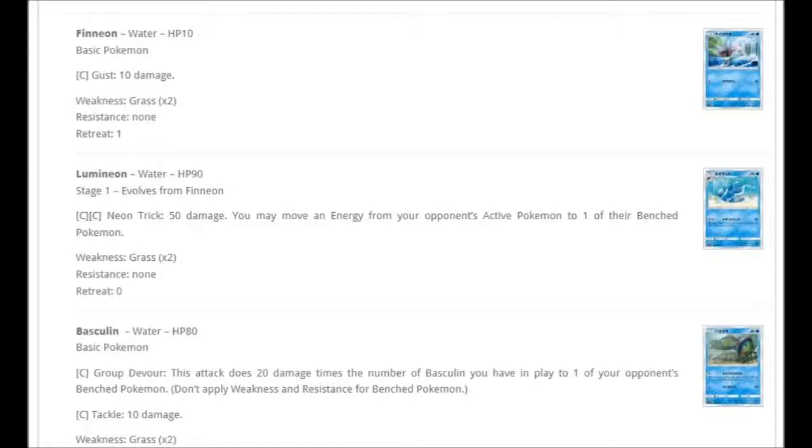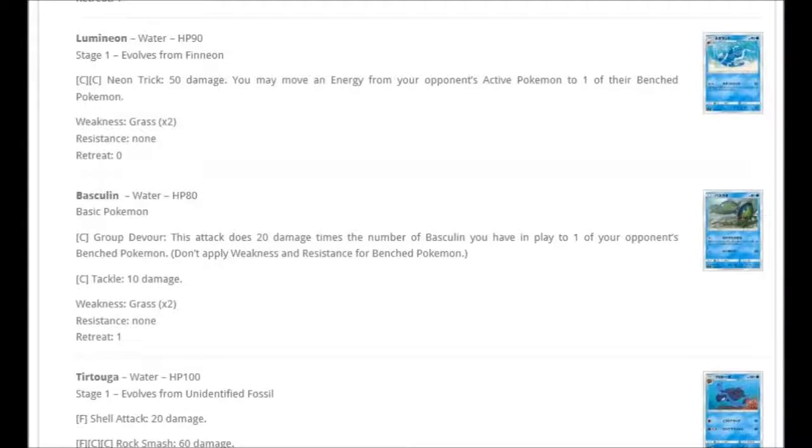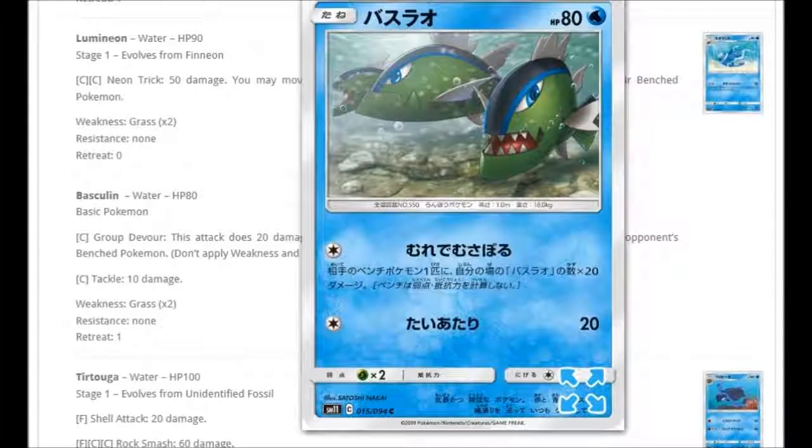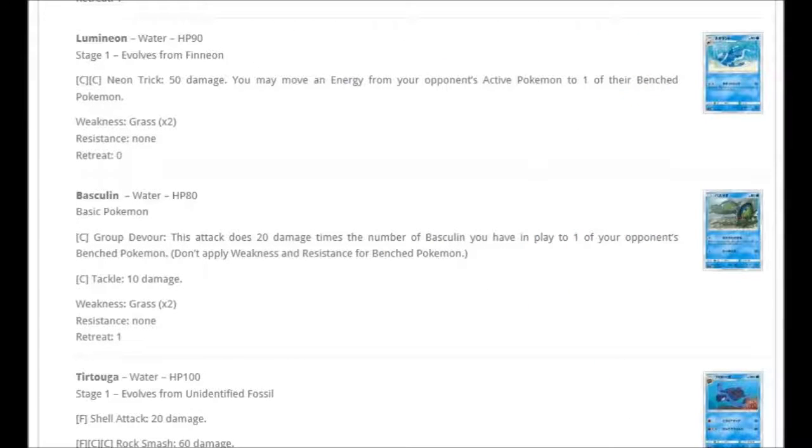That does have free retreat though, so there is that. We then have Basculin right here. Another interesting one. We got one colourless for Group Devour. This attack does 20 damage times the number of Basculin you have in play to one of your opponent's bench